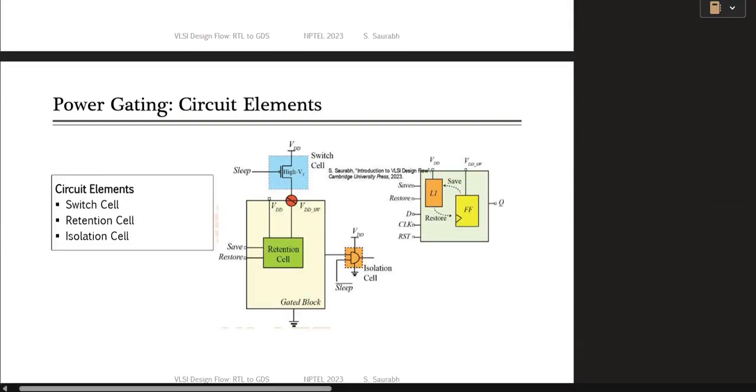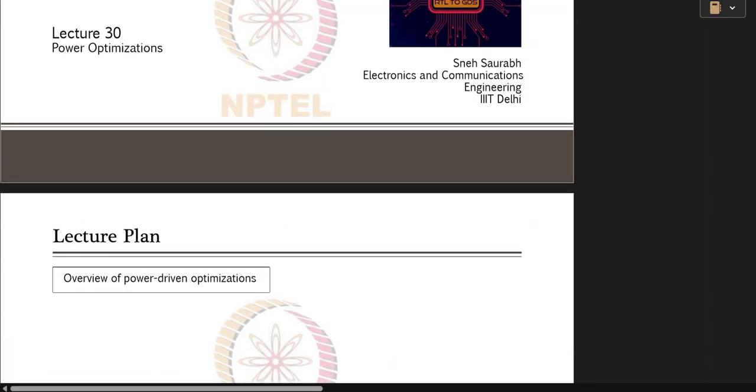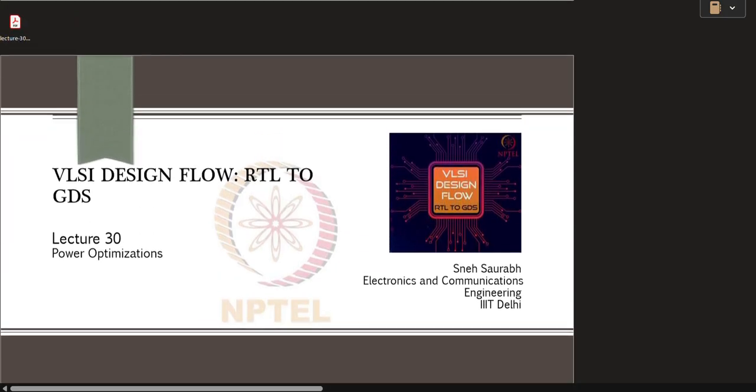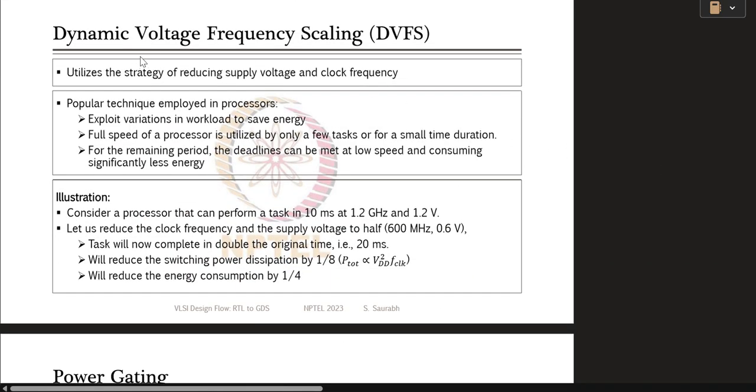I think in this lecture, sir has discussed power gating. Yes, in lecture number 30, guys, which is related to power optimization, we can see these techniques. The first technique being discussed is dynamic voltage frequency scaling. In this technique, as you can see, there is some task happening at a certain rate. If you reduce the supply voltage and the input frequency,